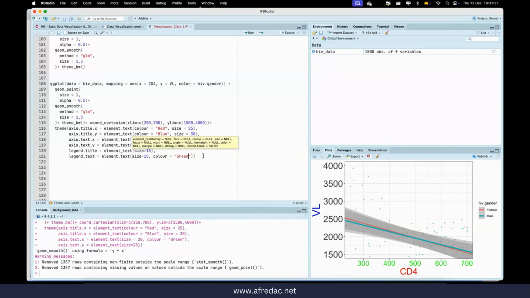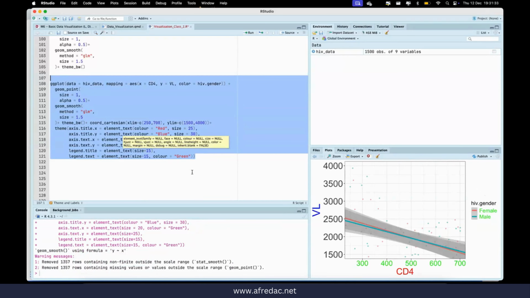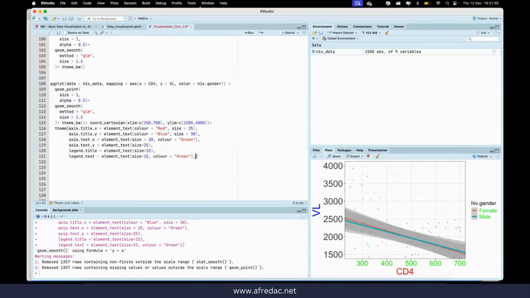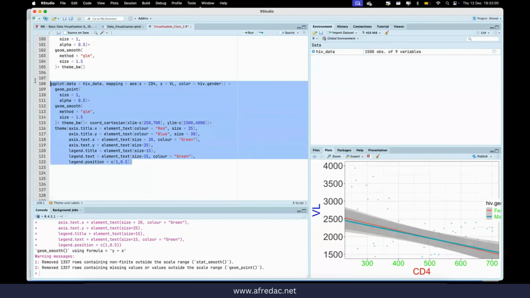Then you can run, so you can see that the text of the legend has changed, and the size has also increased. What else can I do? I can also say maybe I want to change the legend position. The legend position, you give it as a vector, defined by x and y. So if you run this, you can see that now